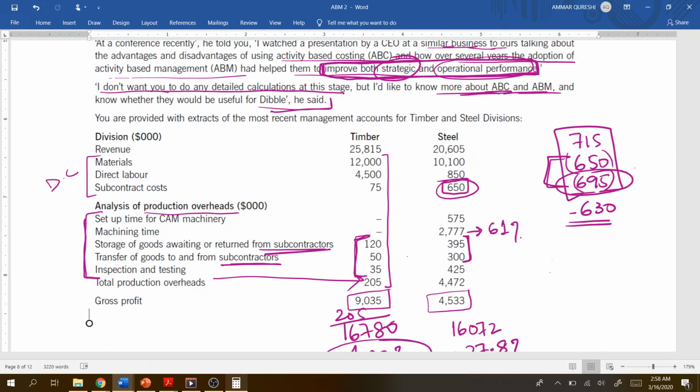Now, machining time. Try to think. Let's start from machining time because that is a major cost, right? Do you think machining time is a value added activity? Yes, it is, because machining time means you are actually manufacturing the product. So obviously, if you reduce that,